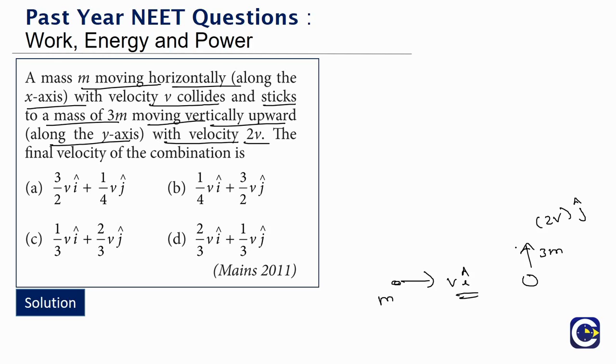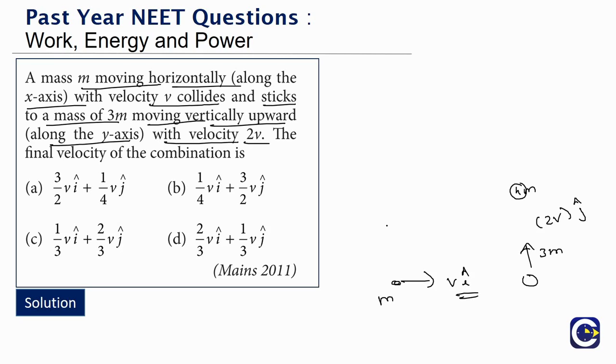After collision they are both sticking together and moving, means they will stick together. So this total mass will now be m plus 3m, that is going to be 4m. This is going to move. Now we need to find what is the final velocity of the combination. So here the final velocity of the combination will be found by using the conservation of momentum principle, because for any collision they need not have to mention what is the type of collision. For any collision the total momentum of the particles will be